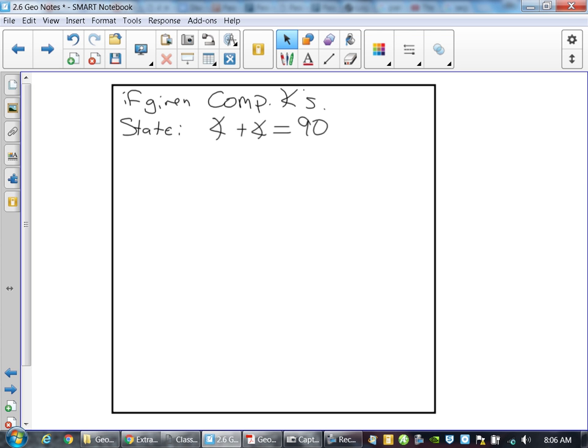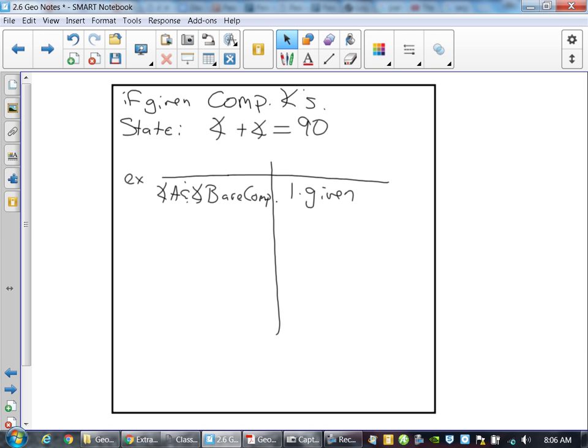What do you think it would look like if we did supplementary? We're going to do that one next. If you want to start filling that out, we'll try and parallel them at the same time here. So here's our example. Angle A and angle B are complementary, and that's given. So if angle A and angle B are complementary,